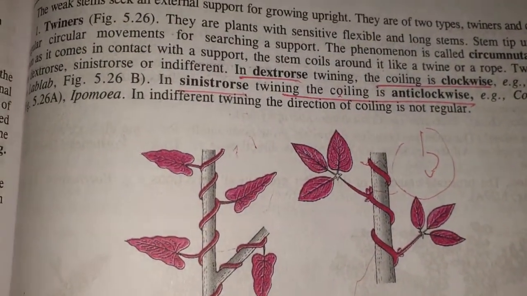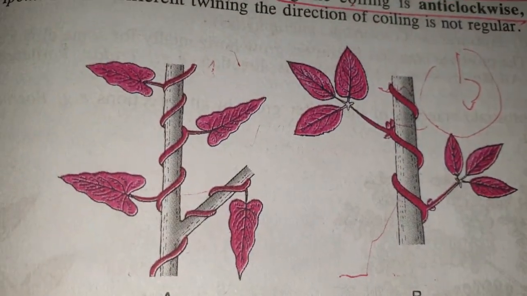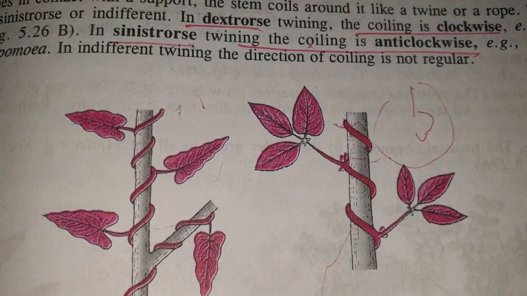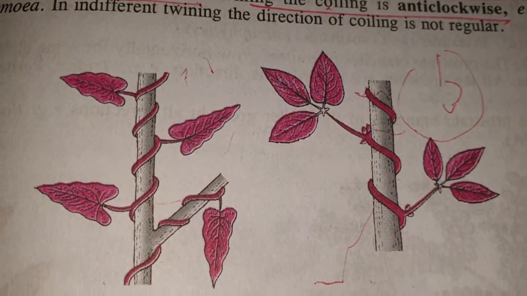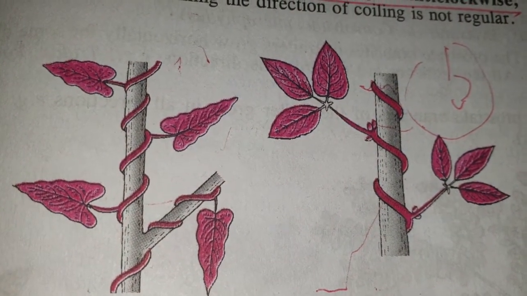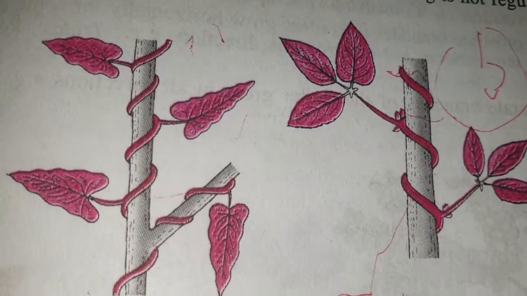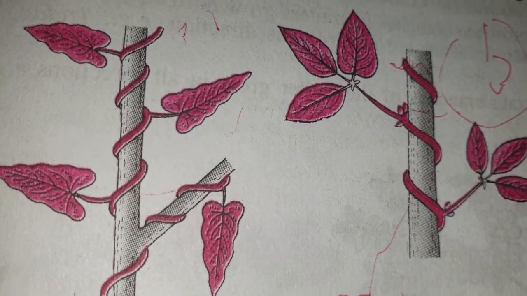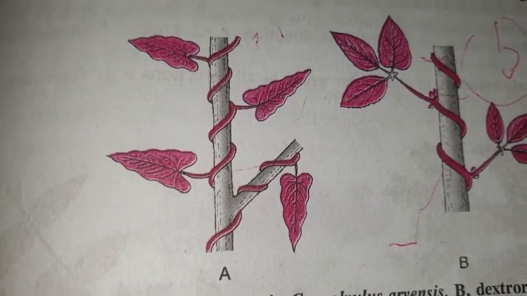Next we come to the modifications of stem. Okay, so first modification, that means they will undergo some particular type of changes in their structure in order to adjust to their surroundings. So first modification, let's see in the case of aerial stems. While we are studying the aerial stems, they are normally weak stems, isn't it? So first we get the twiners. So what are actually twiners? These are long, flexible, sensitive stems which coil around a support in the form of a rope.